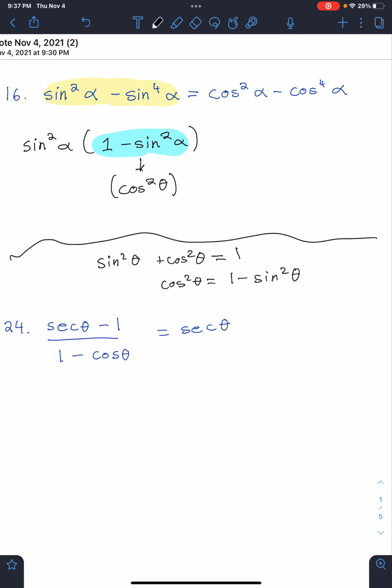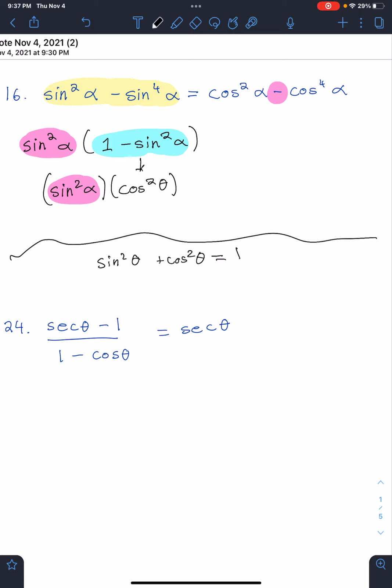And now for sine squared, which I'm going to highlight over here, I still have an issue with this. I really do not want it to multiply. Let me just bring it down. I don't want these terms to multiply anymore. So I have to think of what I can do to this term in order to make it a subtraction problem. So what I'm going to do is go back to this Pythagorean